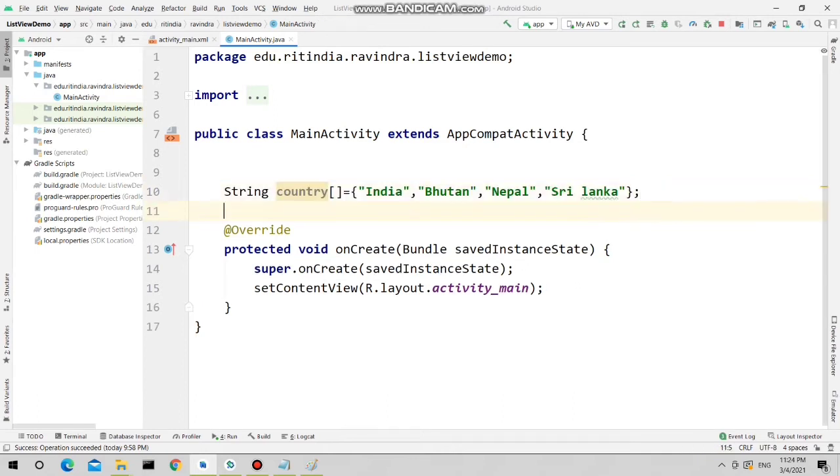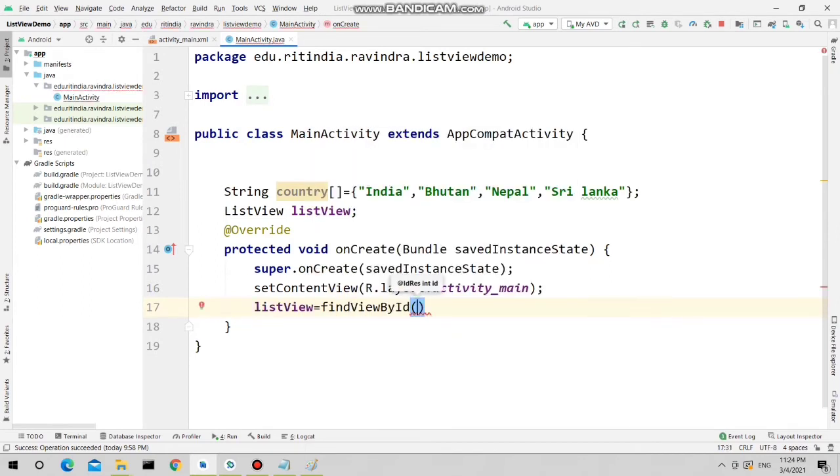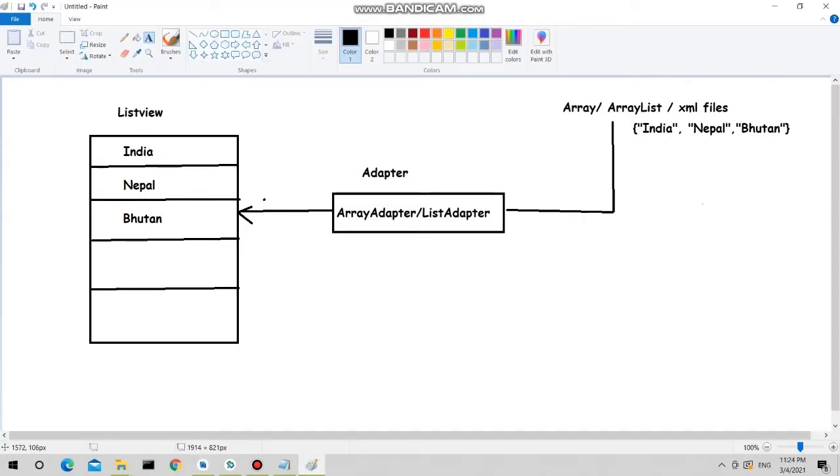Now create a list view object. Now retrieve its ID by using the findViewById method, R.id dot the ID name, that is list view 1. Now this part is done: the array is ready, and the list view is also there without items.